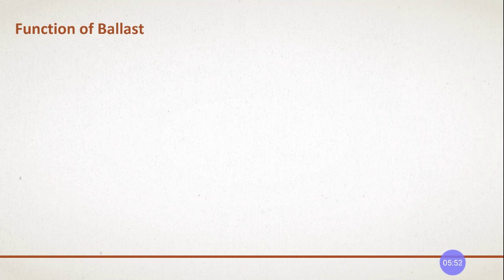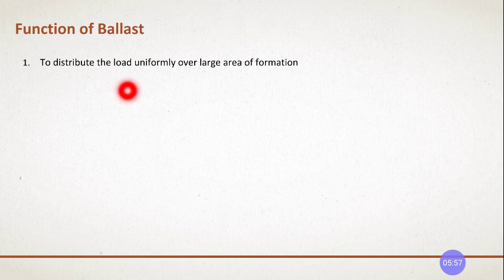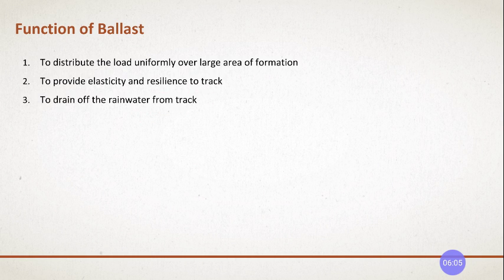The next is functions. What are its functions? It distributes the load uniformly over the formation, right? It will provide elasticity and resilience to the track. It drains off the rainwater from the track because it has some voids in it. It doesn't allow the water to percolate, it just allows it to flow. It doesn't allow the water to stand there,